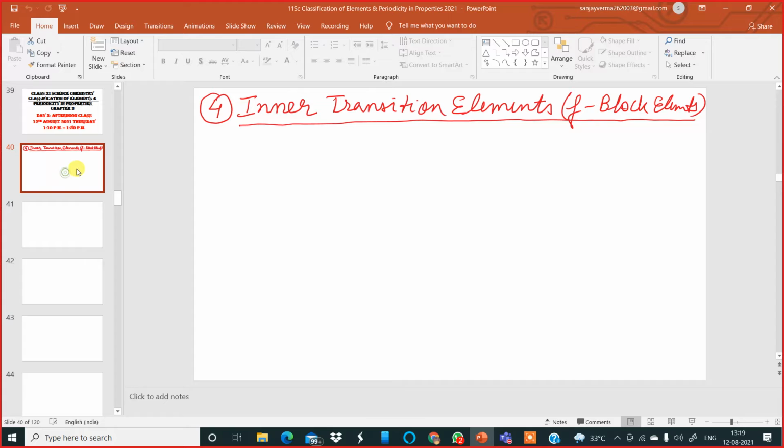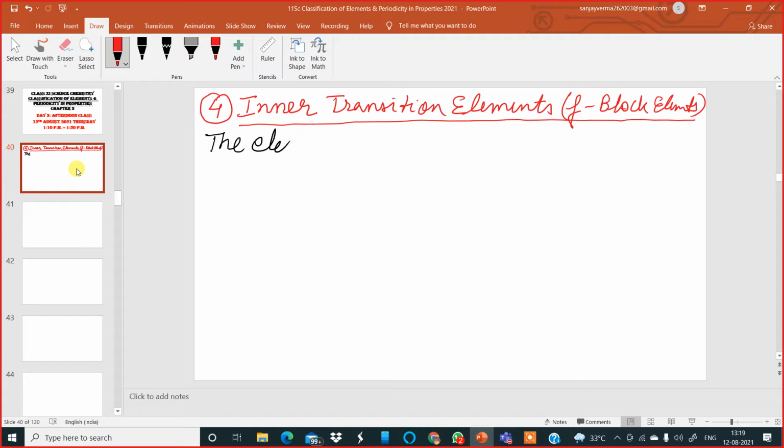I will continue with the characteristics of the inner transition elements, which are also called the F block elements. So, what are inner transition elements? What are F block elements? Let us discuss. So, here I am going to write down the